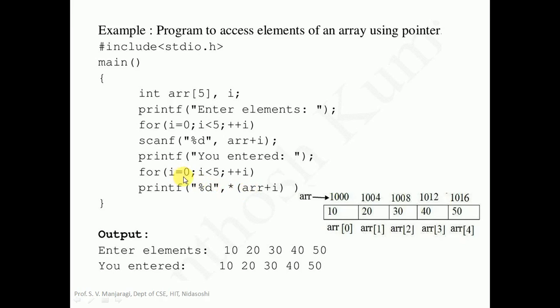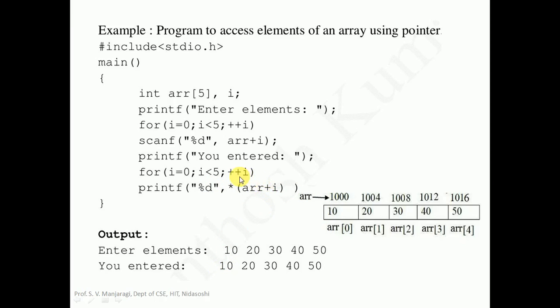We will begin with i equal to 0. Since the condition is true, we enter here and execute printf. So it will be array plus i, that is array plus 0. Here the array name by default is pointing to 1000, and 1000 plus 0 is 1000. So this statement becomes star of 1000, and star extracts the value stored at the address 1000. The value stored at memory address 1000 is 10. So 10 will be substituted here and we get the output as 10.